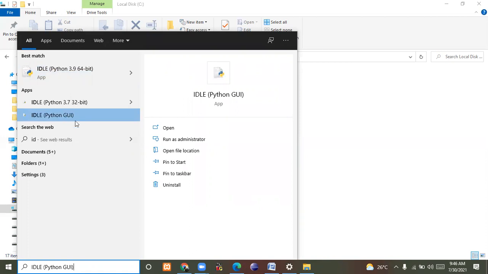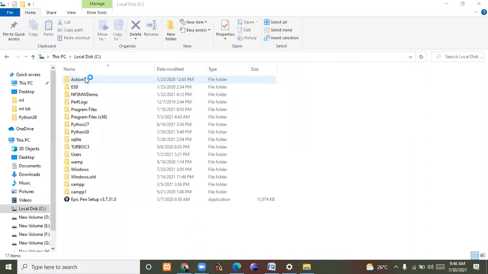You can press any of these, but for my lab I require 3.9 or 3.7. I am taking 3.9. Just type IDLE, automatically all the softwares will come. Just open it. So now it is opening.